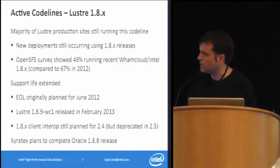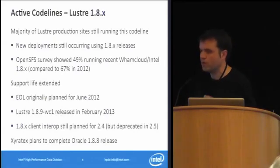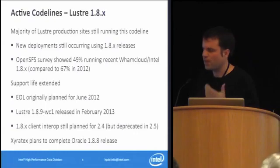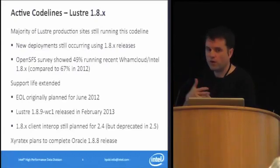And so yes, earlier this year we did put out a 1.8.9 release. The main driver there is we've been trying to keep 1.8 support with 2.4, so some changes were required for that. We did discuss 1.8 and the ongoing life of it on the CWG, and the decision was made some time back that 2.4 would be the last release that we would support interop with 1.8 for,